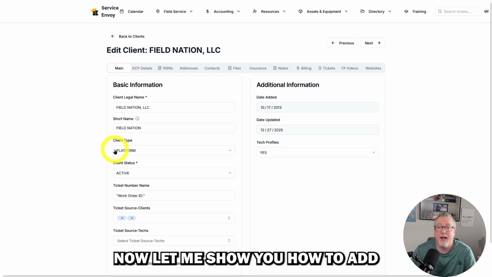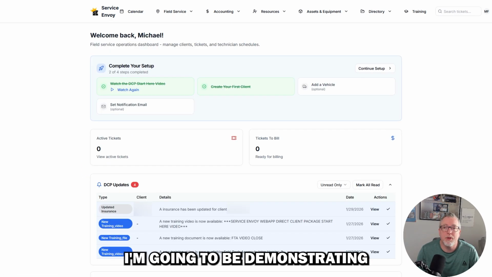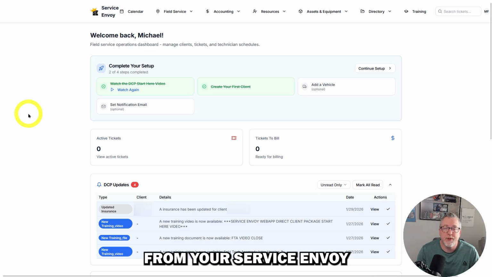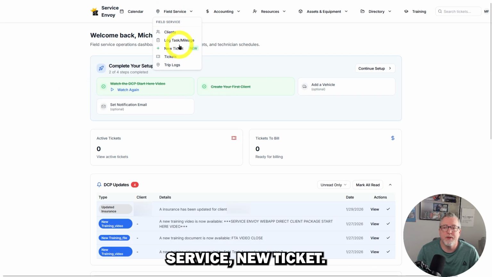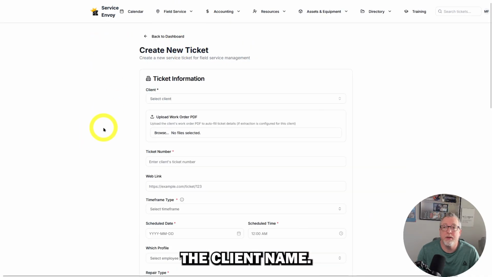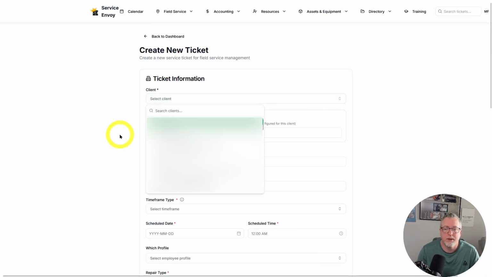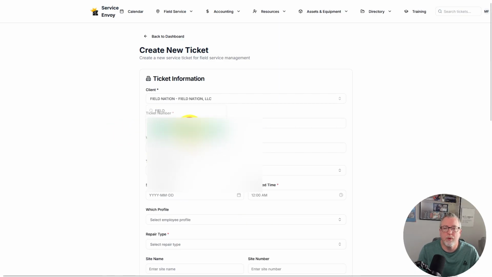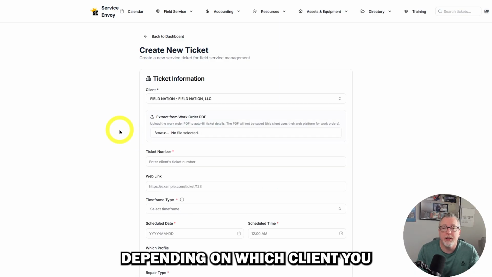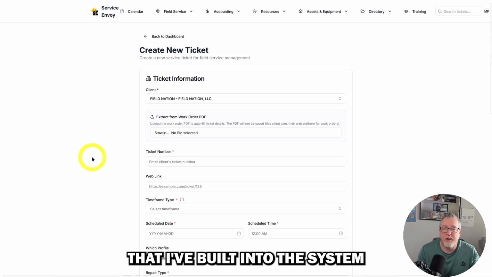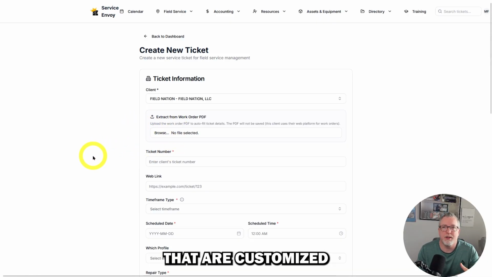Now let me show you how to add new tickets into the system. I'm going to be demonstrating with FieldNation and WorkMarket tickets, so you can see how that works. From your Service Envoy dashboard, you're going to go to Field Service, New Ticket. You're going to enter the client name. Depending on which client you choose, there's different variables that I've built into the system that are customized for those